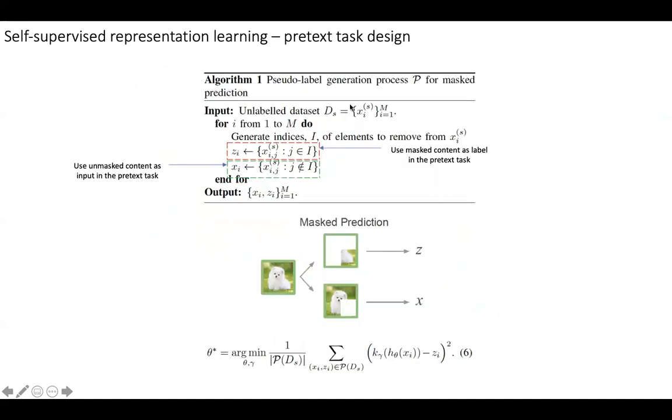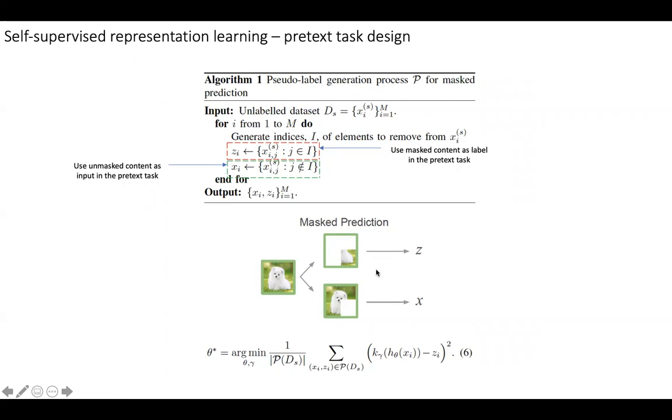More specifically, for the masked prediction task, the algorithm is like this. We have an unlabeled dataset. It contains a sequence of images, and for each of these images, we generate a set of mask indices, and these indices correspond to the content that will be masked, and this masked content will be used as the label in the